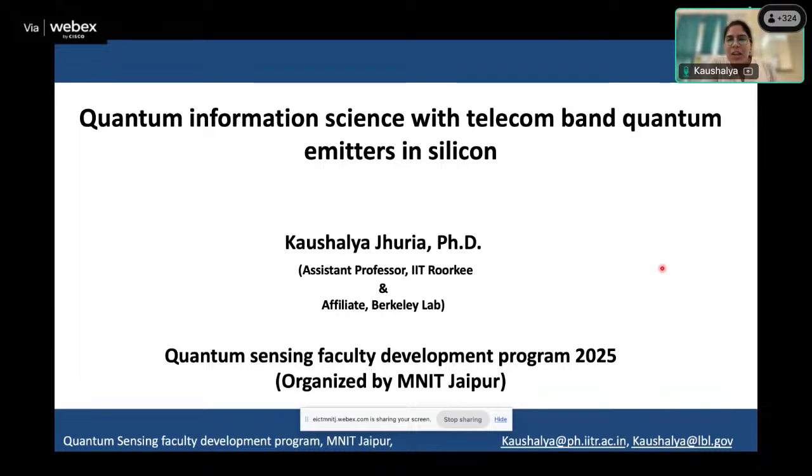Right now I'm in Roorkee, and today I'll be introducing you to a slightly new platform to do various quantum technologies. But before that, because this lecture series is on quantum sensing, we'll take a very quick recap on sensors. And for that, just to avoid redundancy, what I would highly prefer is if from